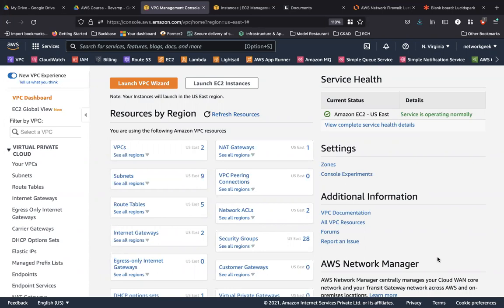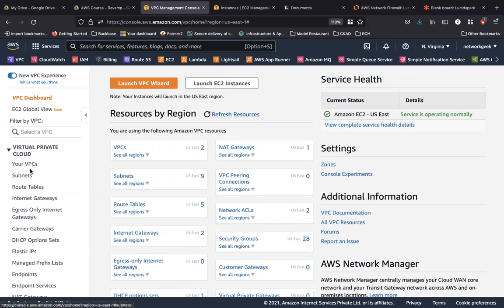So right now I have already logged into my AWS account. I have already chosen the VPC service and I'm in the VPC dashboard as of now. So let me first walk you through the VPC and then let me walk you through the network firewall and the two rules that I've set in the stateful rule group. And then I'm going to walk you through the route table configuration.